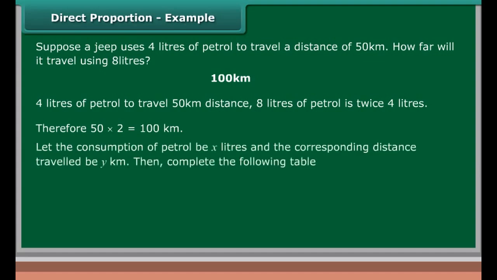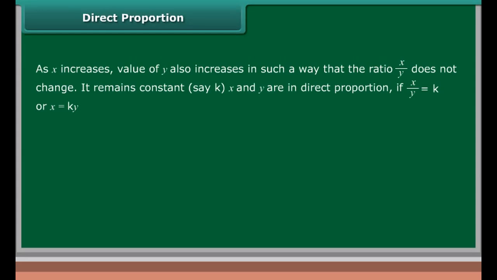Let the consumption of petrol be X liters and the corresponding distance travelled be Y kilometers. Then complete the following table. Direct proportion. As X increases, the value of Y also increases in such a way that the ratio X upon Y does not change. It remains constant, say K. X and Y are in direct proportion if X upon Y is equal to K or